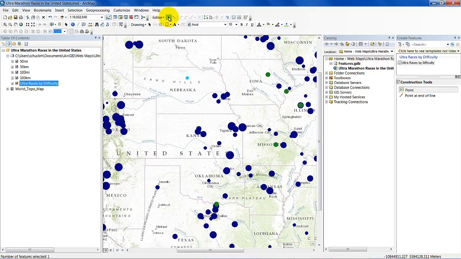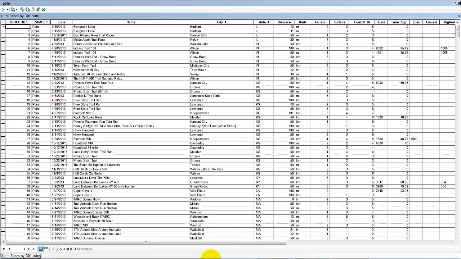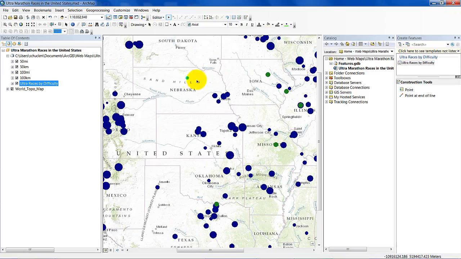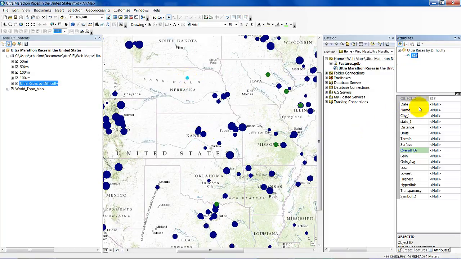And so now I'm going to go back to the edit tool, look at my open attribute table, and I now see that I have 813. So I've now added one, and you can see all my information for the date, the name, and everything else is null at this point. So what I want to do is open up my attributes, and I can now put in all the information I want to on this,